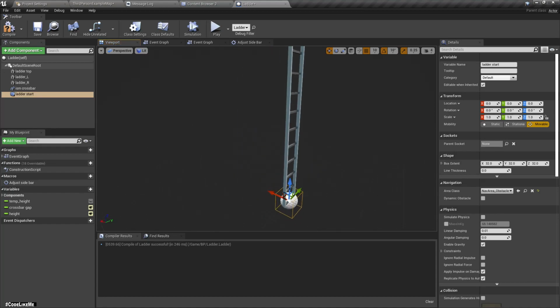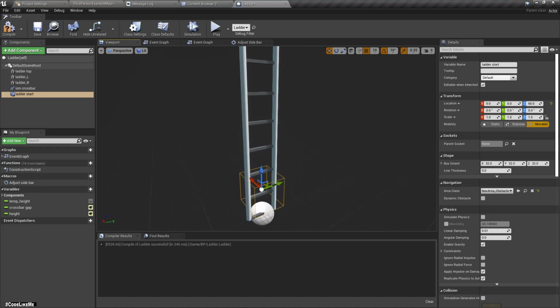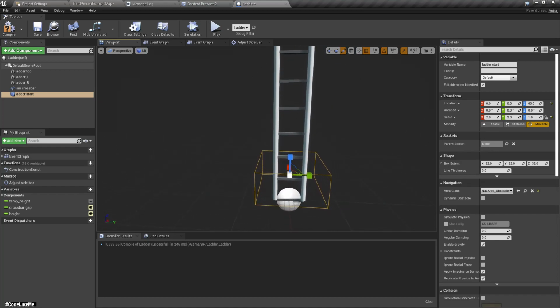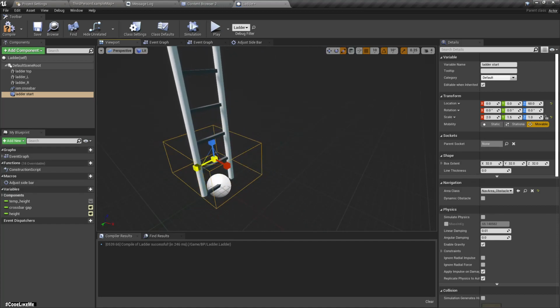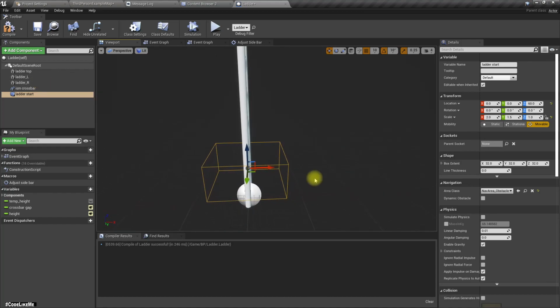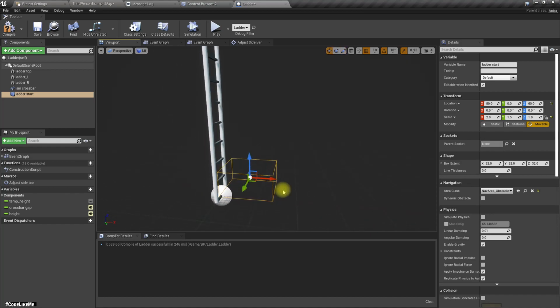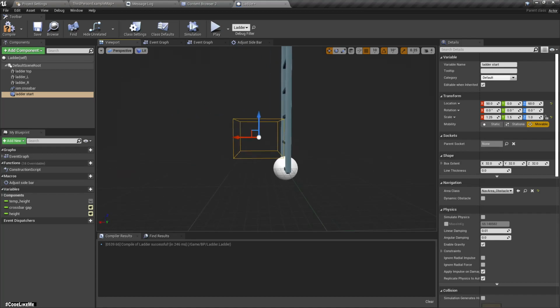Let's call it ladder start. Let's place it like this. Okay, now